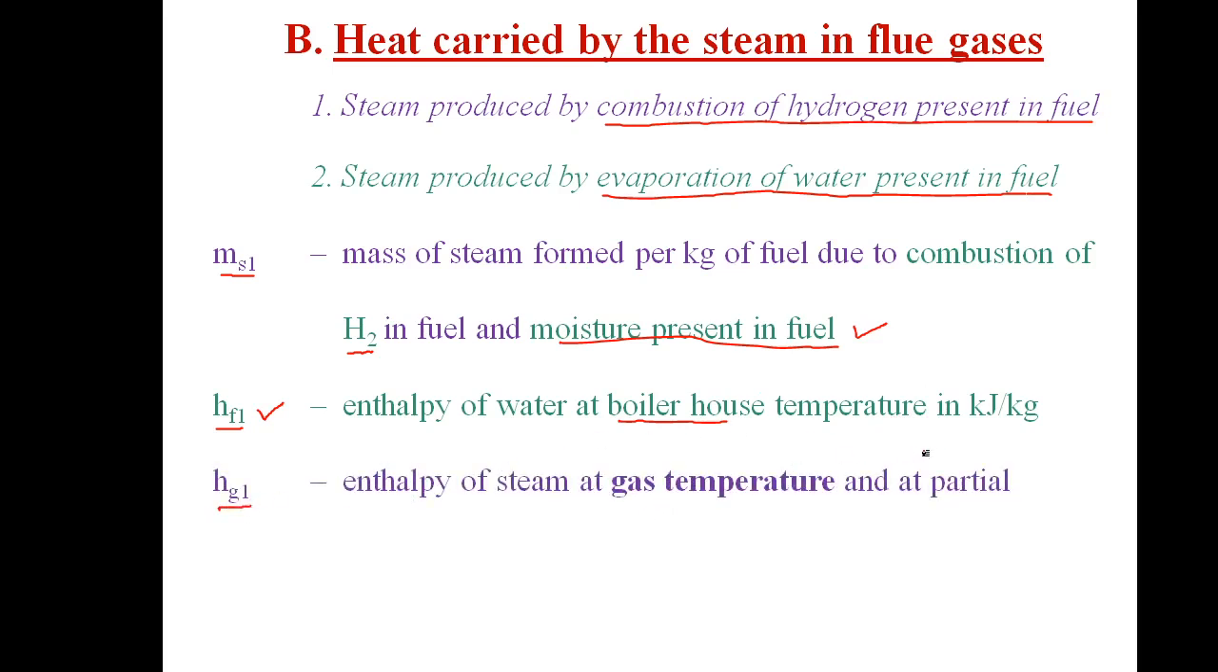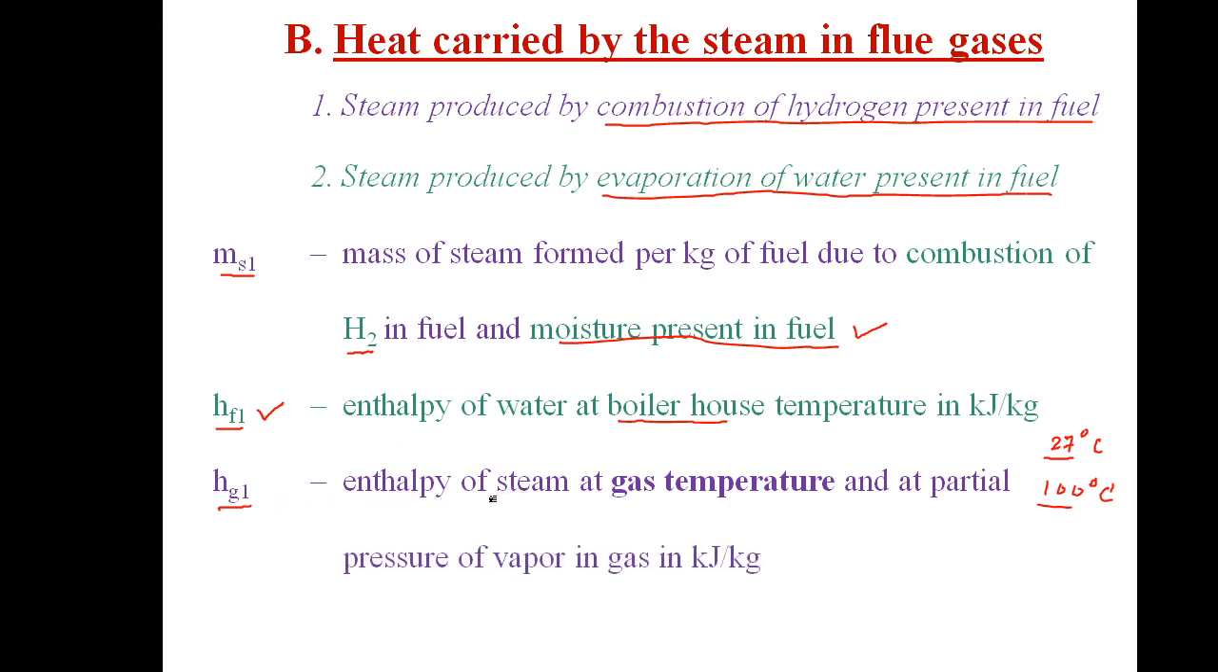Say, for example, the boiler house temperature is initially 27 degrees Celsius, and when combustion takes place and gases are produced, the temperature of combustion is say 100 degrees Celsius. So Hg1 is the enthalpy at 100 degrees Celsius, and HF1 is at 27 degrees Celsius. This is at the temperature 27 degrees Celsius. This is at the temperature 100 degrees Celsius. Again,